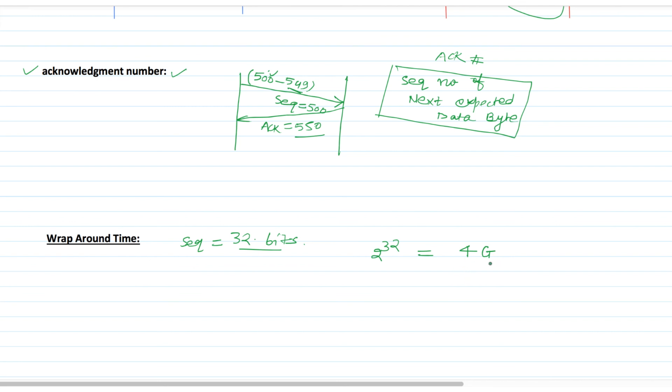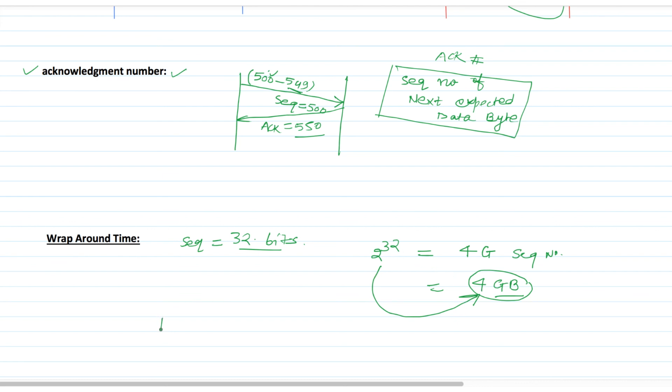So by using these 4 giga sequence numbers, maximum 4 GB of data can get different sequence numbers.